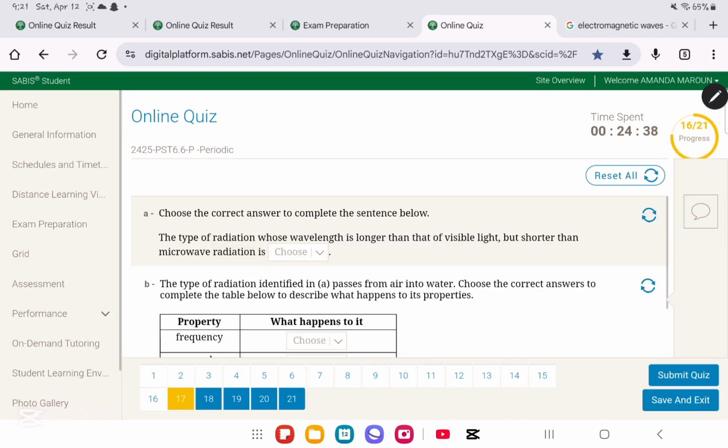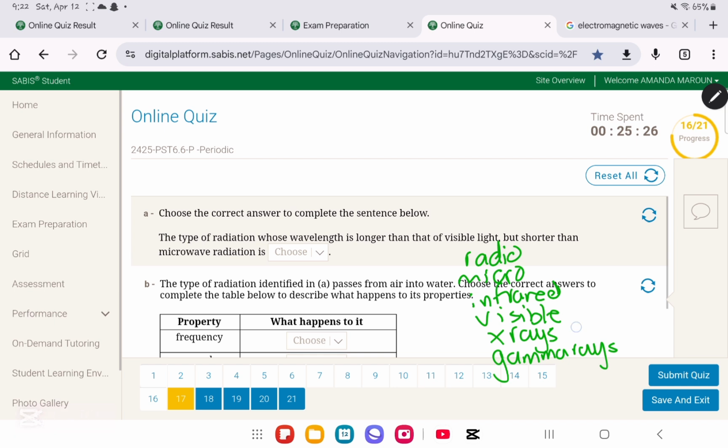We move on to question number 17. Here, which type of radiation has a wavelength longer than that of visible light but shorter than microwave radiation? So here you should memorize these. You have infrared radiation, okay? Or sorry, no, forget about that, my bad. I just gave you the answer, sorry. Okay, so you have radio waves, then you have microwaves, then you have infrared, and then you have visible light, and then you have X-rays, and then you have gamma